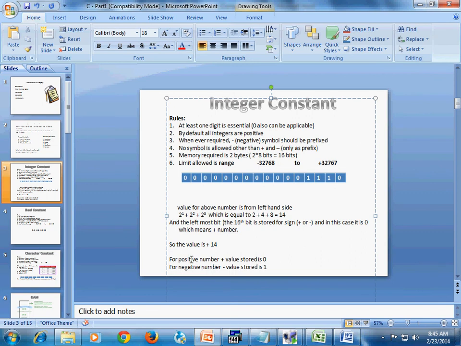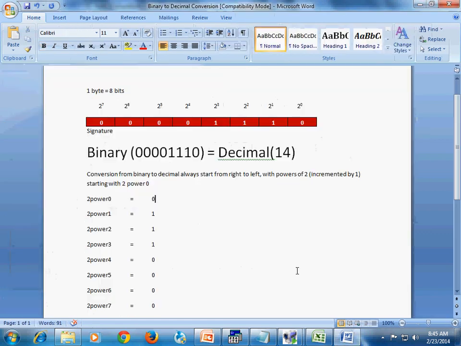If the leftmost digit represents 0, then it is a positive number, and if it is 1, it is a negative number. So just assume here in this case we have it as 1, then it is negative number minus 14.